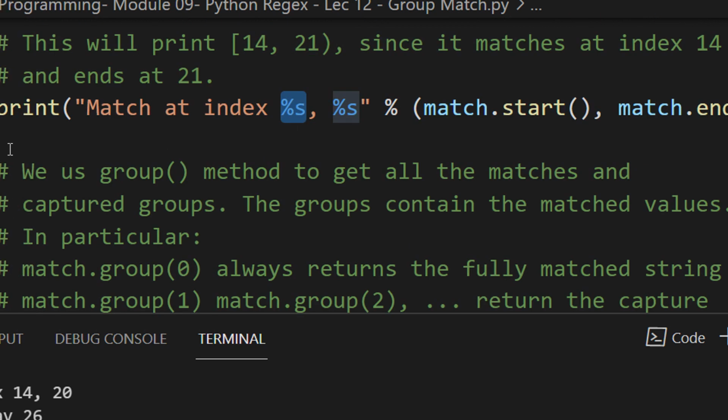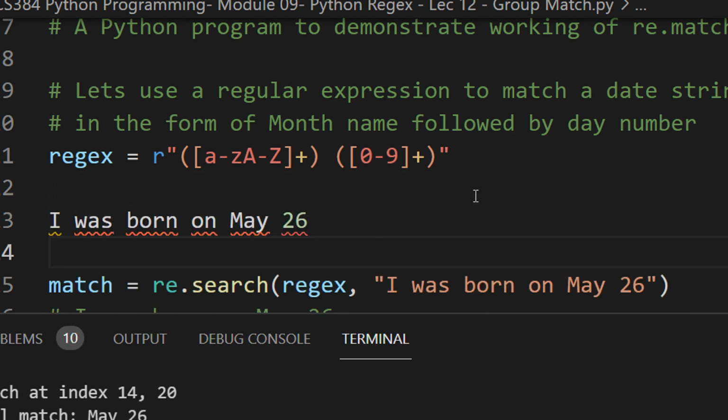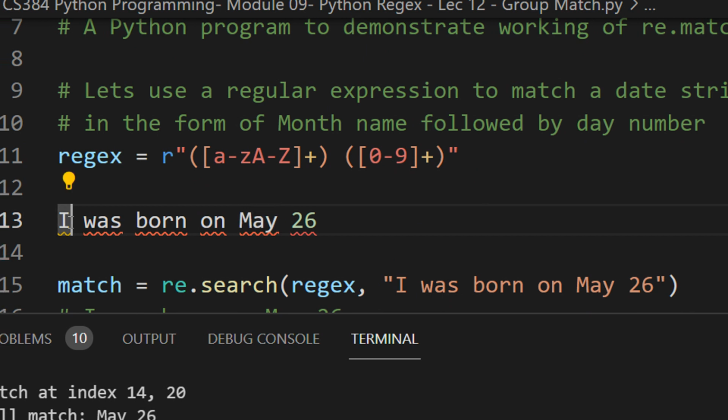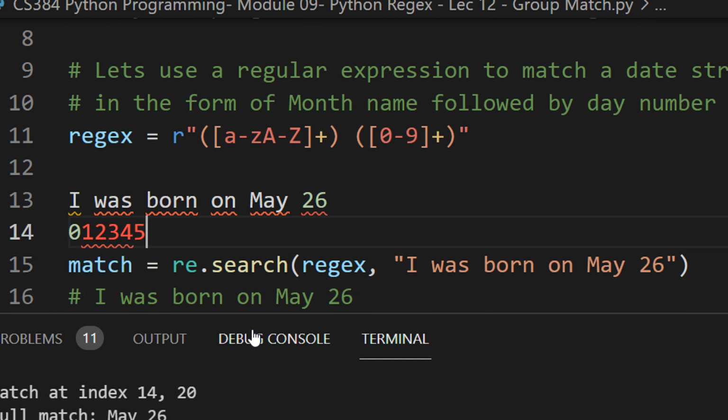So if you write this sentence, I was born on May 26, let me write it here. Now you can see the index of May is at the 15th column. Let me count; we begin from 0, 1, 2, 3, 4, 5, 6, 7, 8, 9, 10, 11, 12, 13 and 14.